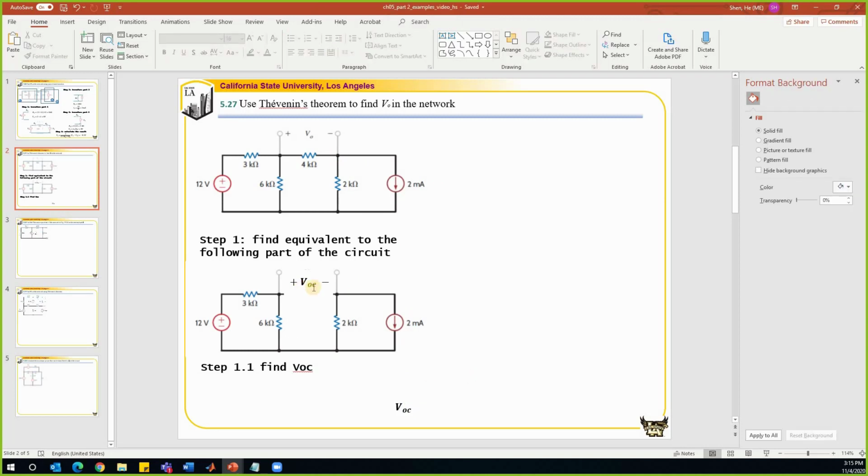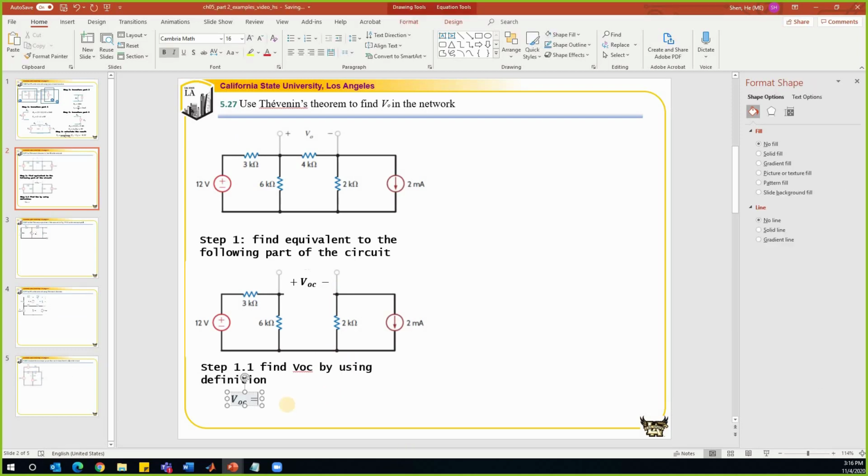In this problem, we can find VOC by using the definition. VOC is the voltage difference between this node and that node. We can use the voltage drop on this 6 kilo ohm resistor plus the voltage drop on this 2 kilo ohm resistor. The voltage drop on this 6K resistor, we can find by using the voltage division, right? So that is 6K over 6K plus 3K times the total voltage drop from this node to that node,